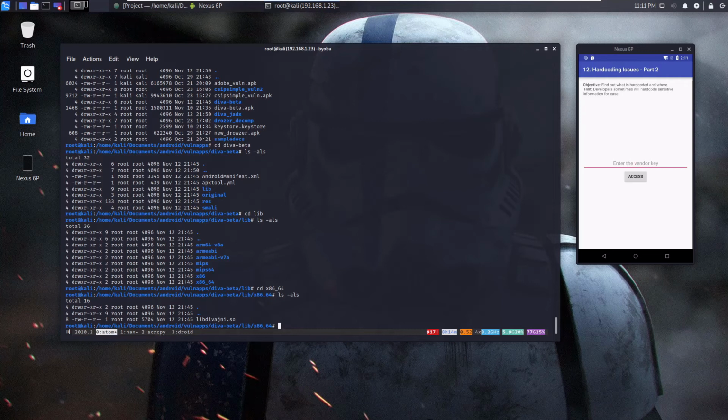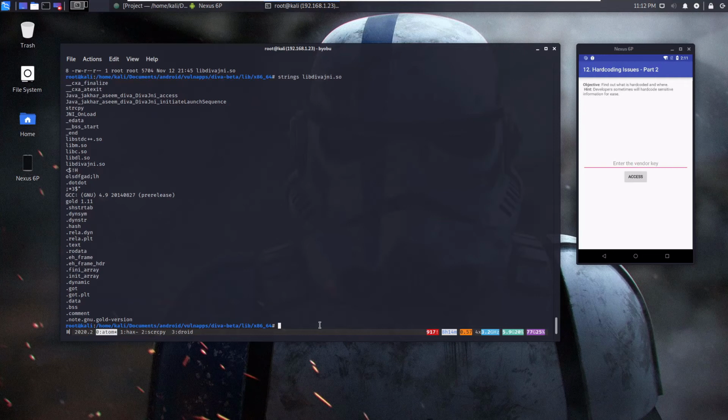Off the top of my head, I believe you can use objdump, readelf, and I really like strings because it's easy and it can give you some clues. So let's just run strings on it. Strings libdiva jni. Not a lot of stuff, but we see Java,